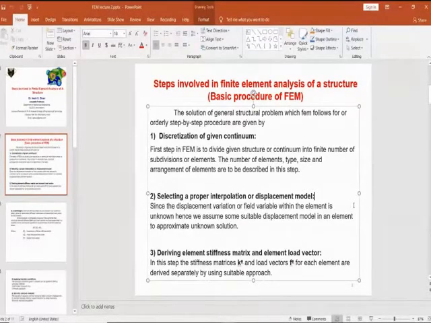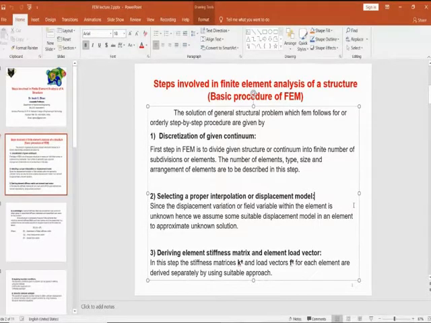Continuous function means what? Suppose y is equal to f of x is a function, then at every value of x there should be a value for y. Means there should not be a discontinuity between y and x. For every value of x, if you go on selecting different values of x and go on finding y corresponding to that x value, then for each and every value of x, if y is having a certain value, then we call that type of function a continuous function. Okay, so we have to select the proper displacement function.